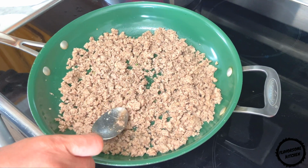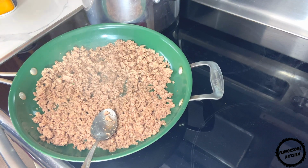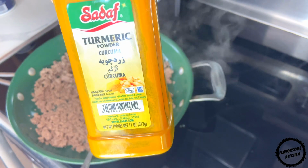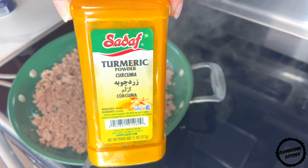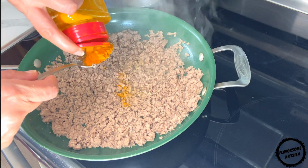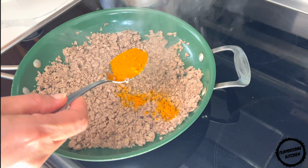Saute your ground beef for about 5 minutes and then add half a teaspoon of sea salt and 2 tablespoons of turmeric powder. Turmeric powder not only adds a golden hue to your food, but it has extraordinary anti-inflammatory, antibacterial,